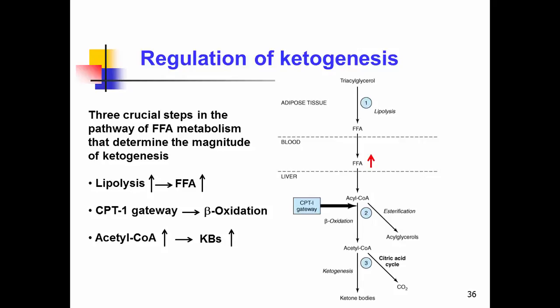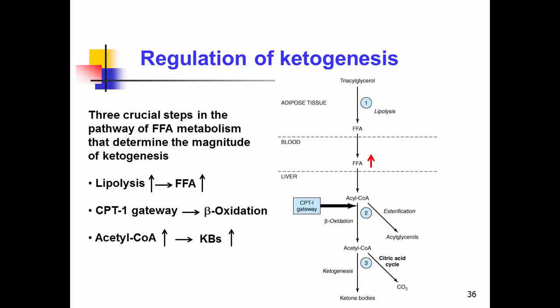So if this enzyme's activity increases, more fatty acids are transported into the mitochondria and available for beta oxidation, and that will produce more acetyl-CoA, right? So you will increase the substrate for ketogenesis. Again, the CPT1 gateway that controls fatty acid transport into mitochondria and beta oxidation